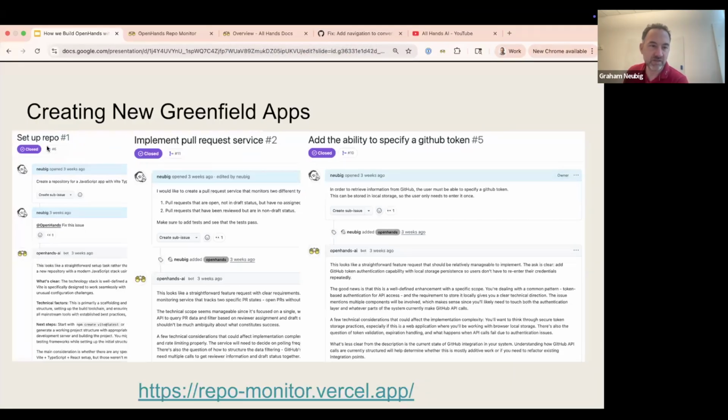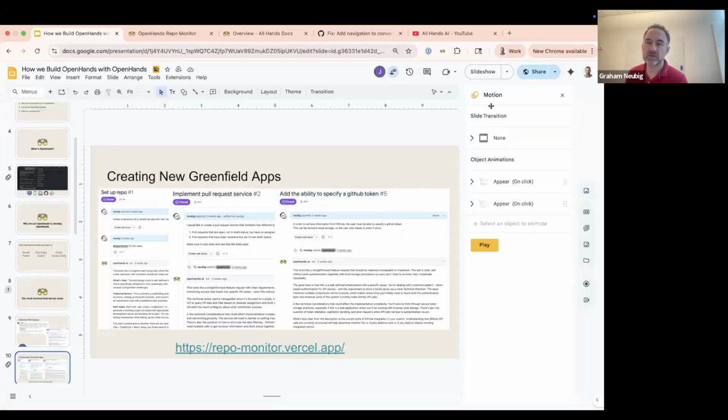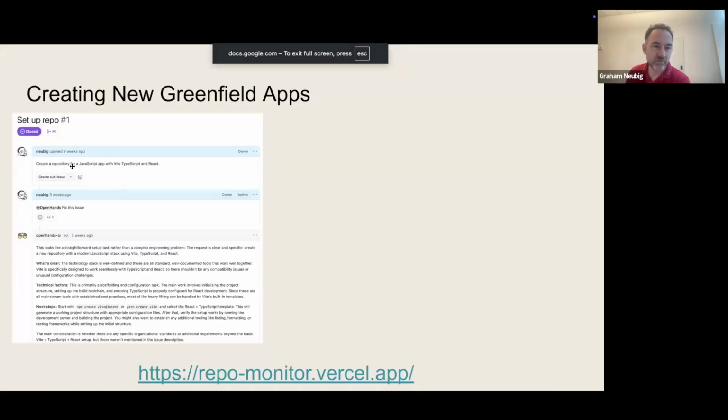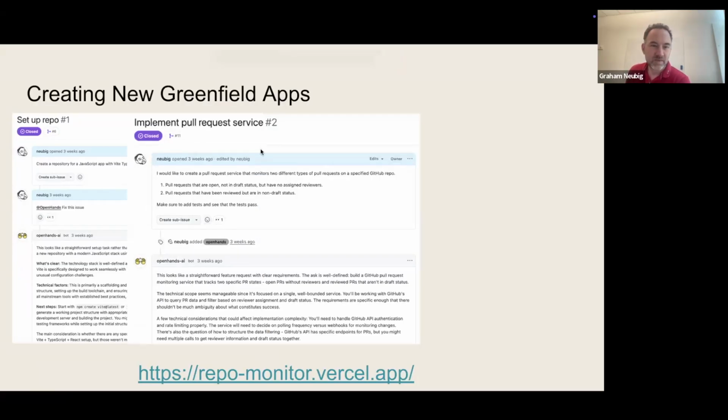then my first ticket on the GitHub repo was to set up the repo, where I wanted to create a repository for a JavaScript app with Vite, TypeScript, and React. Then I used our GitHub integration to write @OpenHands fix this issue. It gives a summary of how difficult the issue is and eventually goes in and sends a pull request. The next one was that I wanted it to implement a pull request service. So I asked it to create a pull request service that monitors two different types of pull requests on a specific GitHub repo, and then